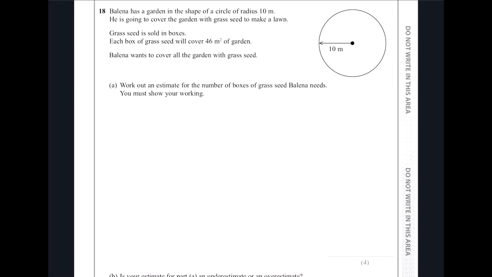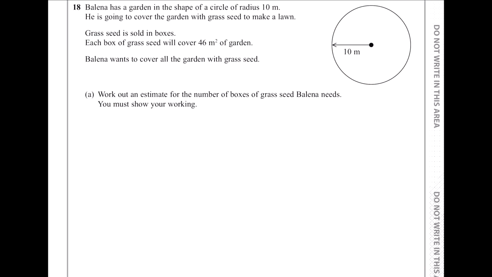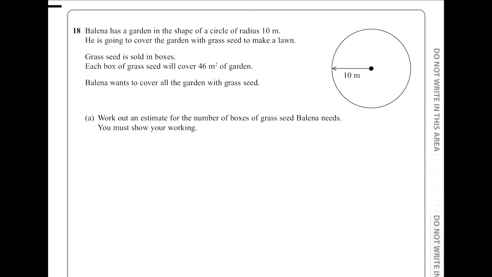So if we know the radius of the circle, firstly, because everything's dealing with area, because we need to cover the lawn. We need to cover the garden lawn. We need to cover the garden with grass seeds to make the lawn. Then what we can do is we know that the area of a circle